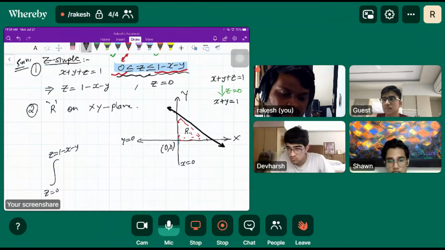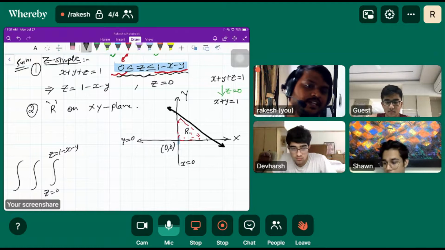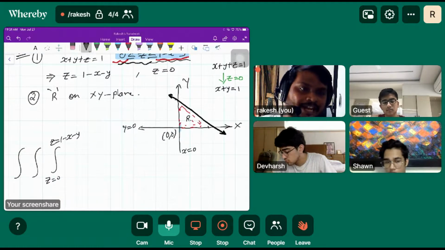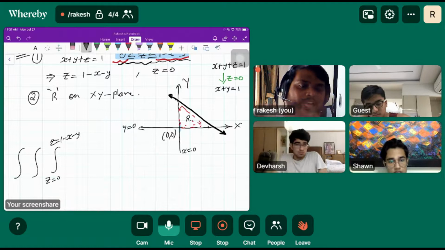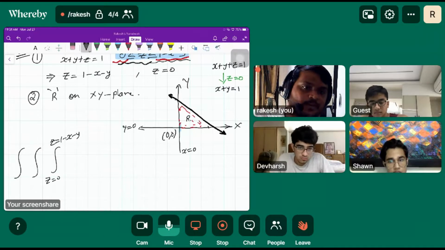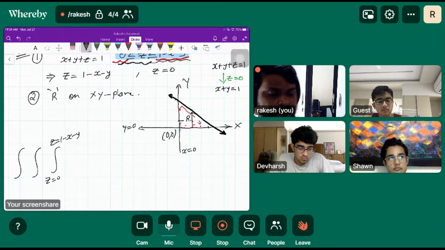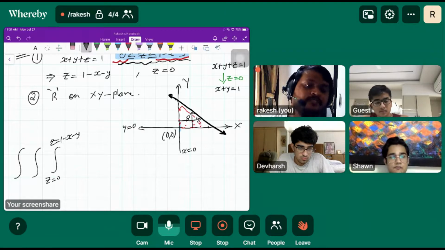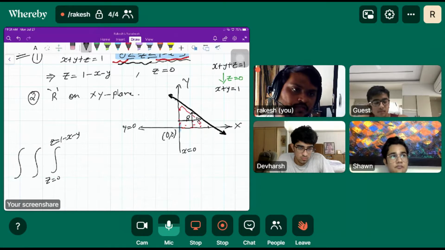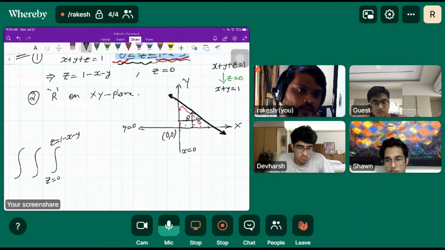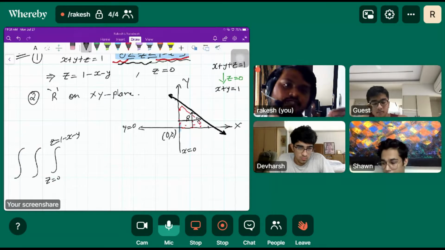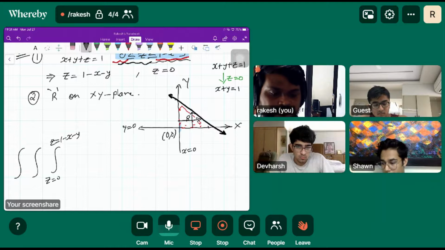Now I'm talking about the remaining two integrals, and those remaining two integrals give you the double integral, and that double integral is defined on the xy plane. So on the xy plane you will go along either direction, provided the function does not switch. Do you remember that the function should not switch? So if you go along the y direction or along the x direction, the function is not switching between which the region is defined, right?